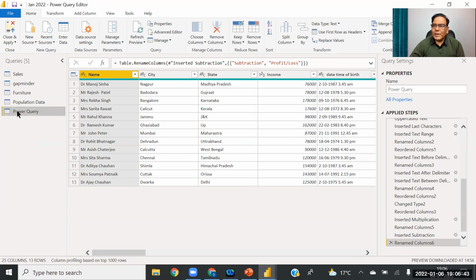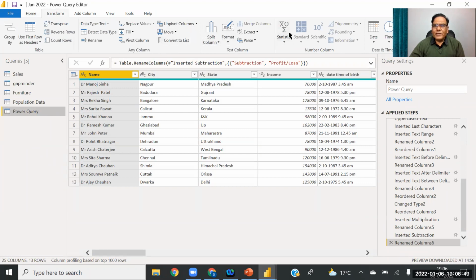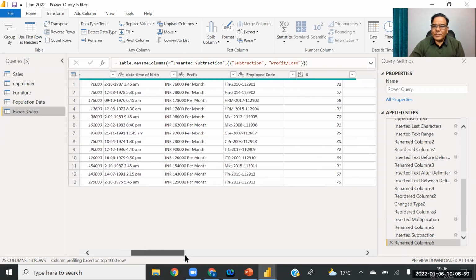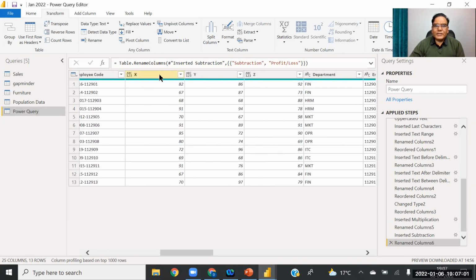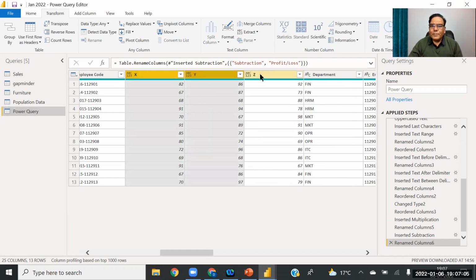Now I am going to apply the statistics function on 3 variables, x, y, z. So you can see that I have 3 variables x, y, and z. Suppose these are the marks obtained by you in 3 subjects.